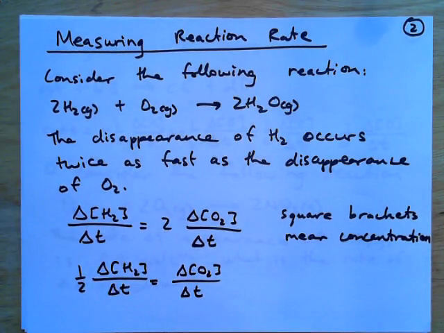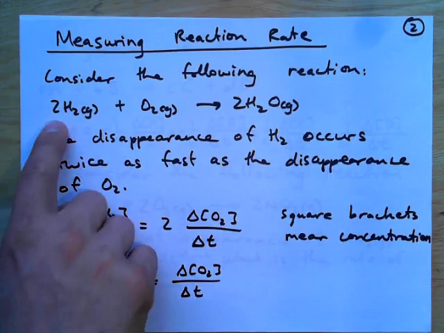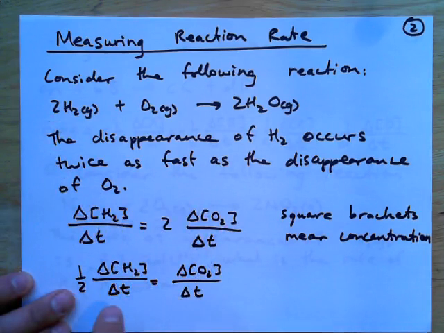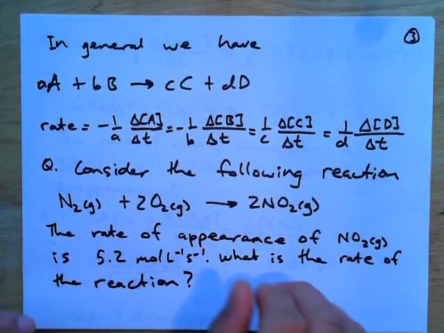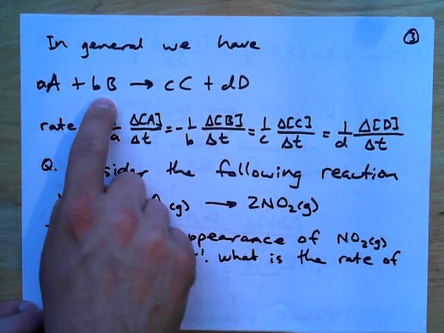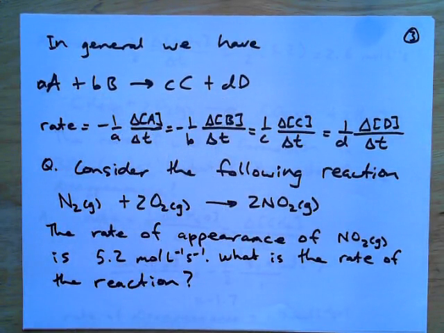Okay, so this is important because just here we can see that one way of comparing one thing to another would be to have 1 divided by the stoichiometry here. So this is 1 divided by 2 because of the 2 there. So this is really just demonstrating why this would be the case if I'm trying to compare apples to oranges, more or less. If I'm trying to compare one species to another with different stoichiometries, I can look at it by this method here. So the general form, if you have a reaction lots of A plus lots of B goes to lots of C and lots of D, the rate overall would be given as